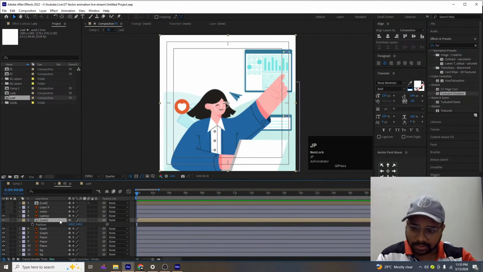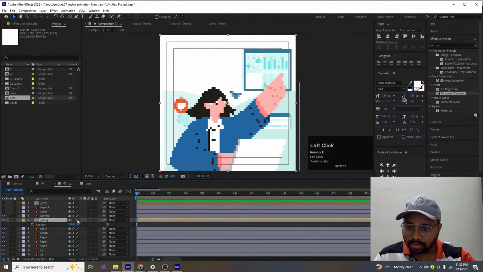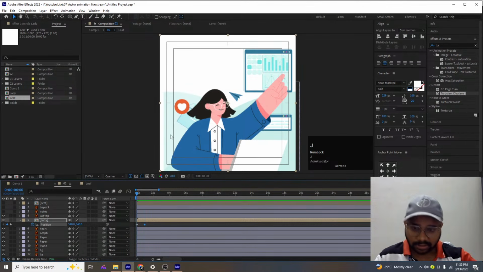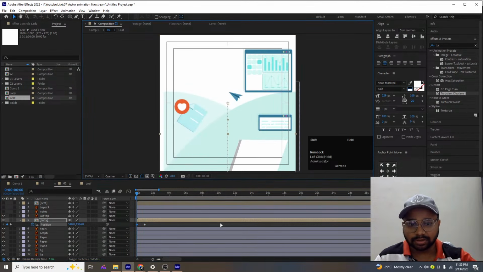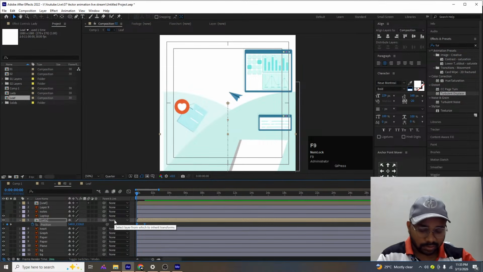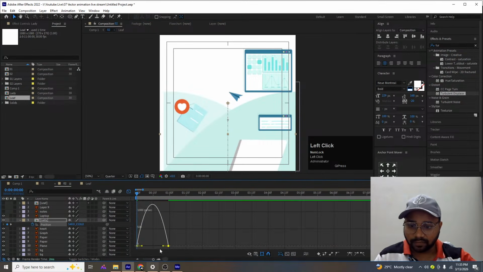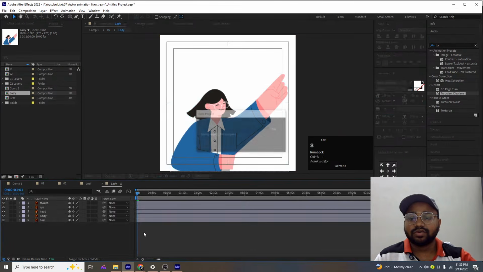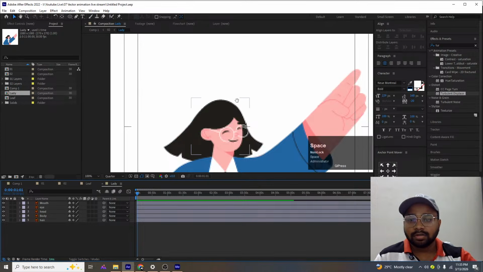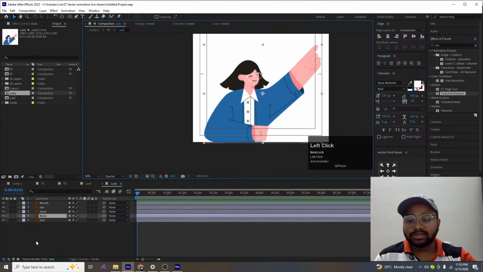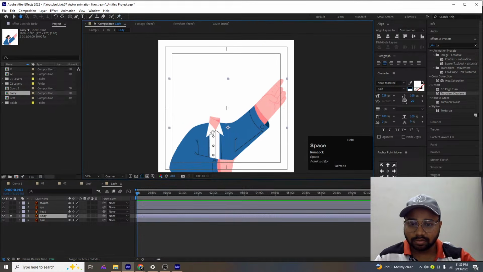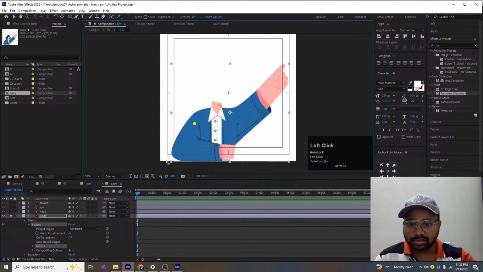Let's go to the start, press P, create one keyframe, go a few frames forward, create another keyframe, and initially bring this downwards. Let's select those keyframes and hit F9, go to the graph editor and adjust it like that. Then go inside this. Now let's select this and select the puppet pin tool. Let's enable this icon. Let's click on this, this,